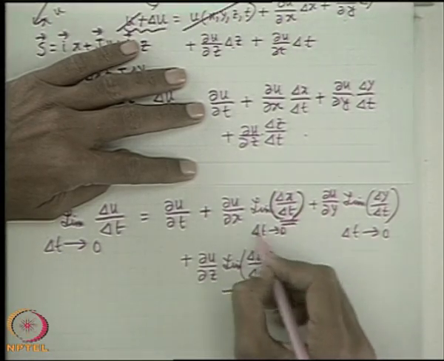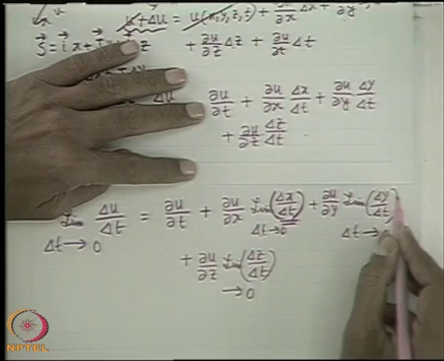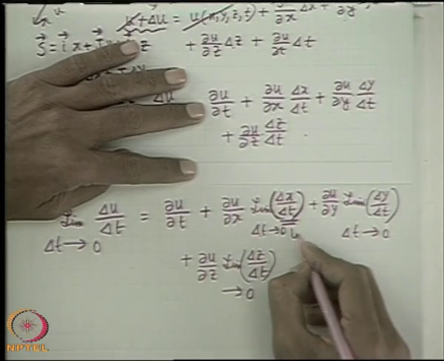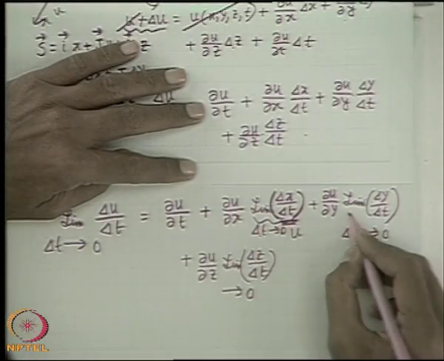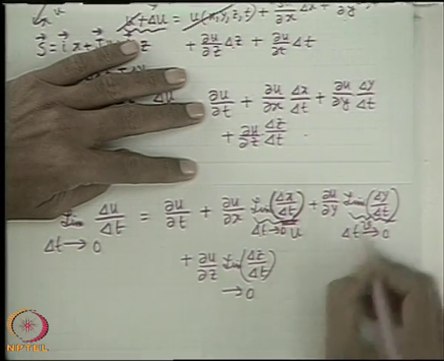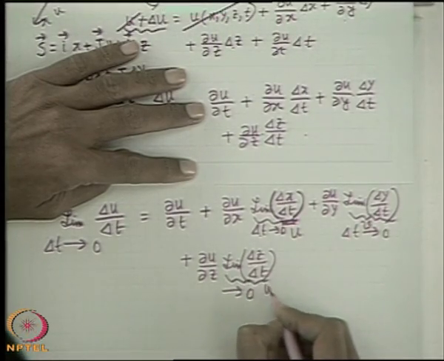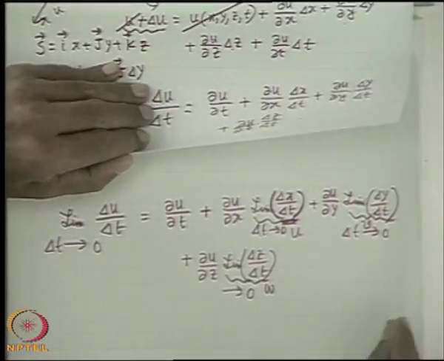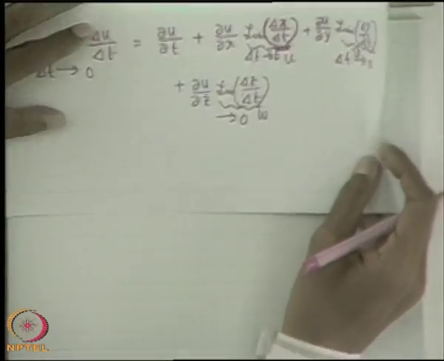So by definition from preliminary mechanics, this is the x component of velocity, this is the y component of velocity. That means this is u, this is the y component of velocity v, and this is the z component of velocity w. So therefore we can write now this as,